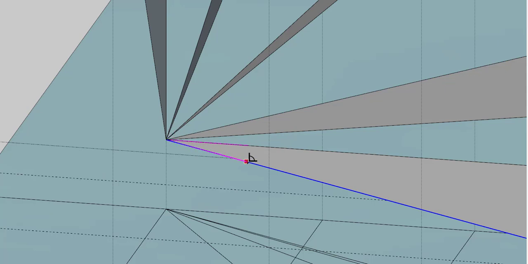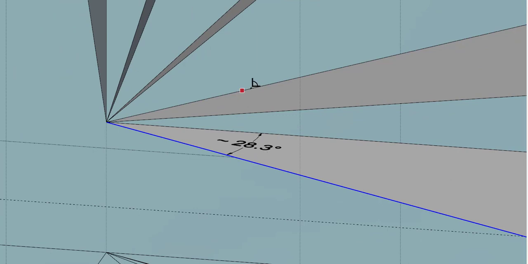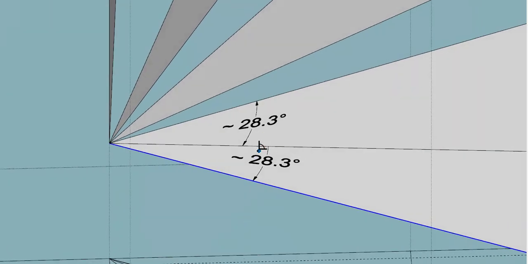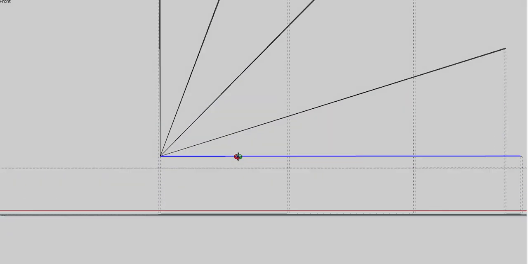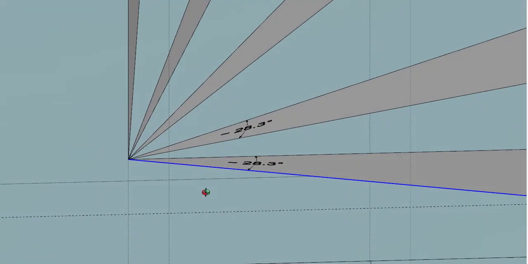I will draw the angle of inclination with the vertical plane. So the angle with the vertical plane is again 28.3. Similarly, I am trying to keep it constant. Okay, inclination with the vertical plane is kept constant at 28.3 degree. Whereas I am going to keep on increasing its inclination with the horizontal plane,